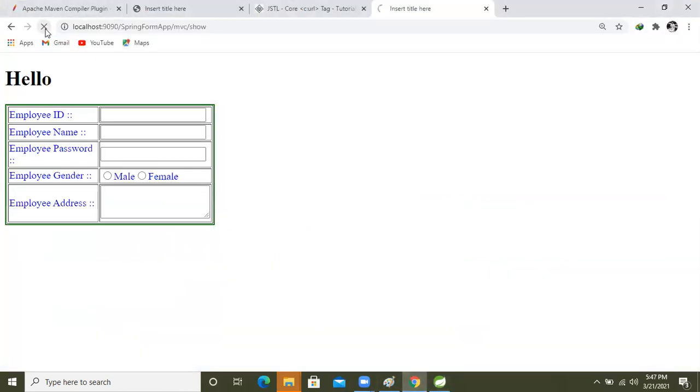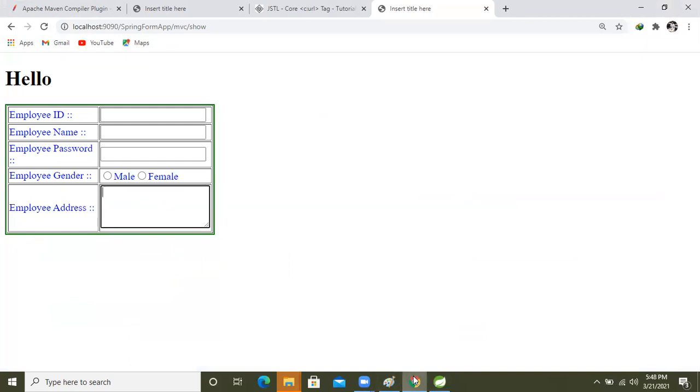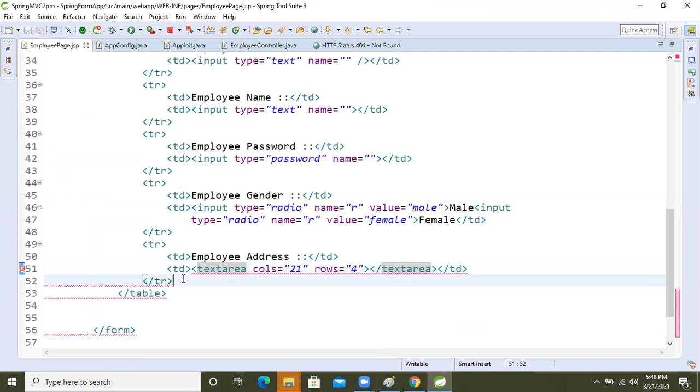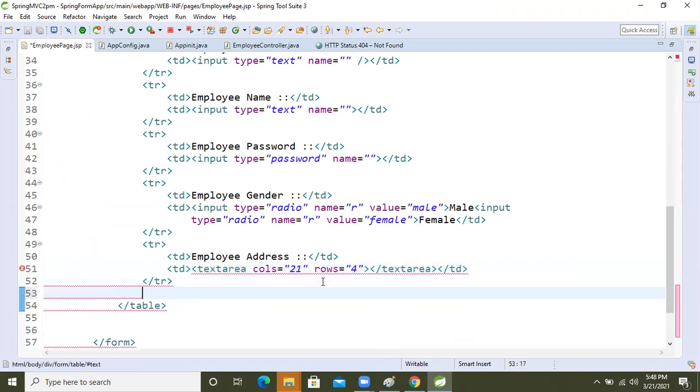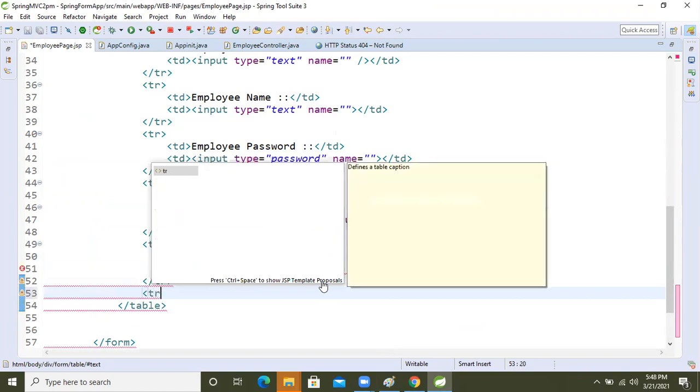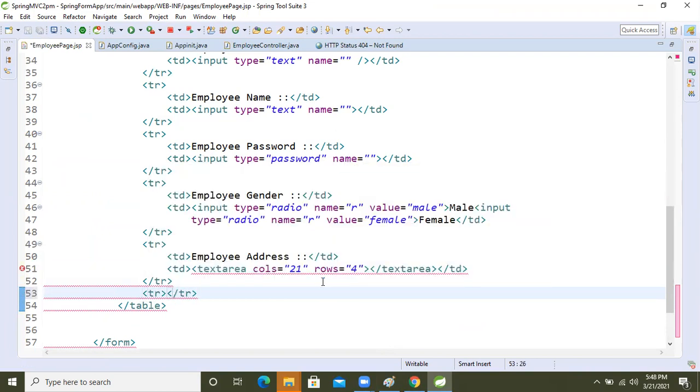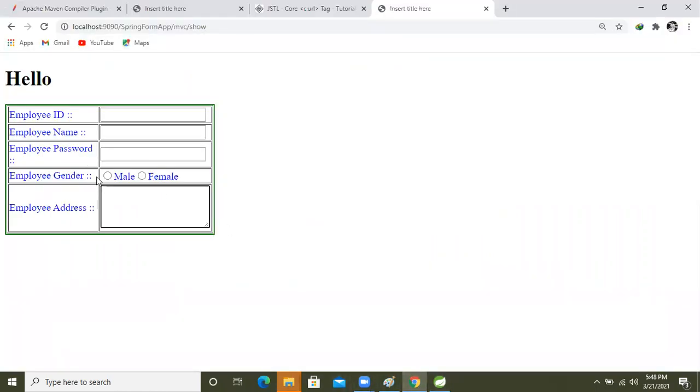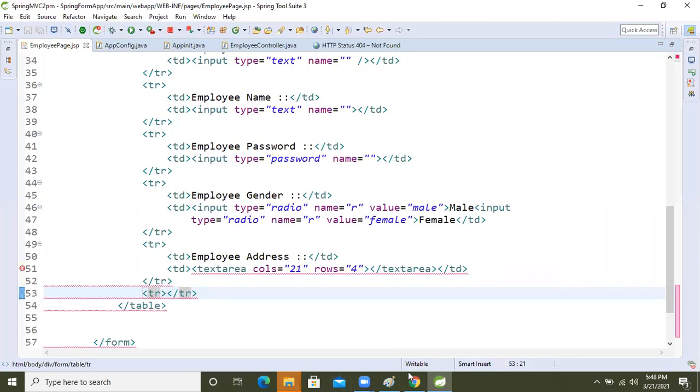So here we will write the address. Now another property is there, right? TD means TR, right? TR. Now inside that TR what are we going to do? Don't worry about the JSP page error. Sometimes, if you are confident about your code, don't worry about that JSP error. I'm confident about my code. See, we are able to see the result on the browser. Sometimes JSP behaves like this.